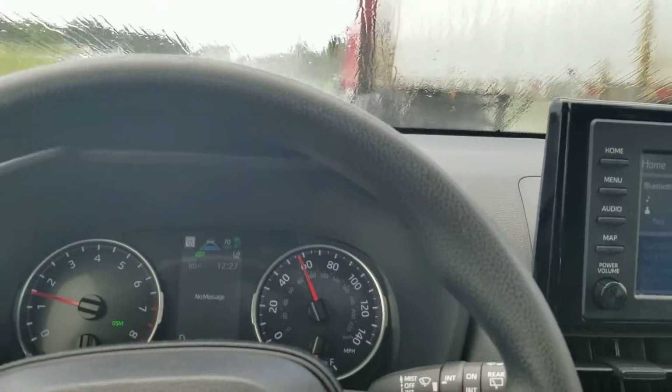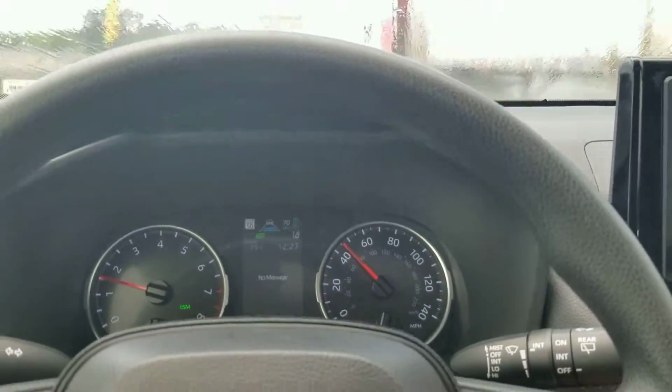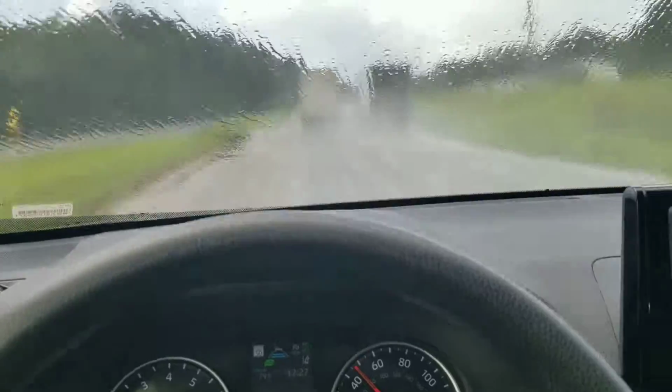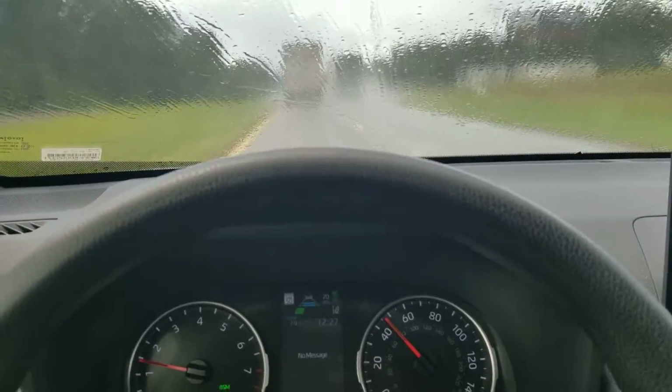But for the most part, I've been hands off and feet off with this system in rainy traffic on Charleston roads. So if any of you know Charleston, South Carolina, and the roads there, it's interesting to say the least, even when you're driving. So for this thing to handle it the way it is, I'm actually quite impressed. As we see there, we'll lose a lane every now and then, some awkward turns, but